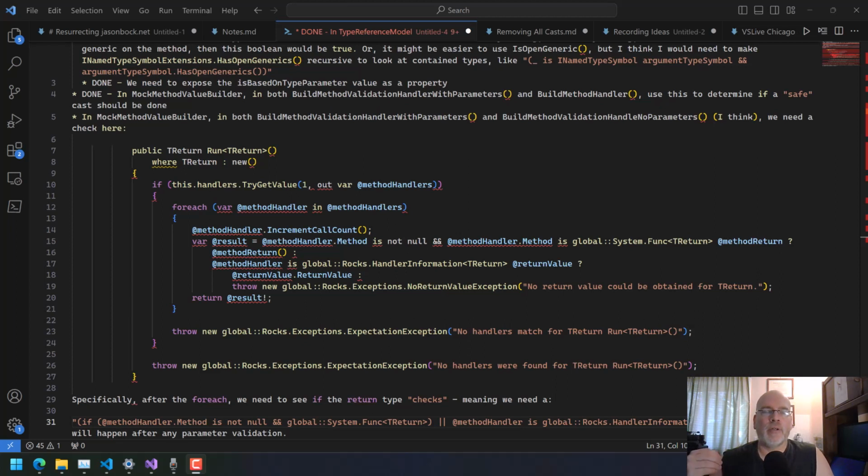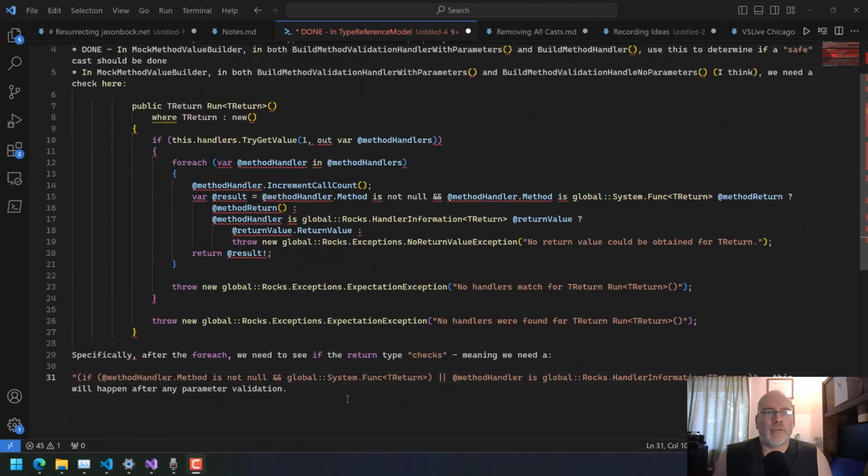Anyway, in the last episode, I left off at this part where I need to do something where if a return value is in play, I do some checks on things. And if there isn't, if there's just a void, then I still do checks on the callback, but that's not required as something to validate, if that makes sense. Okay. And actually, now that I'm talking about it, I think this check that I'm talking about down below, I need to do something to say, if we're returning a value,